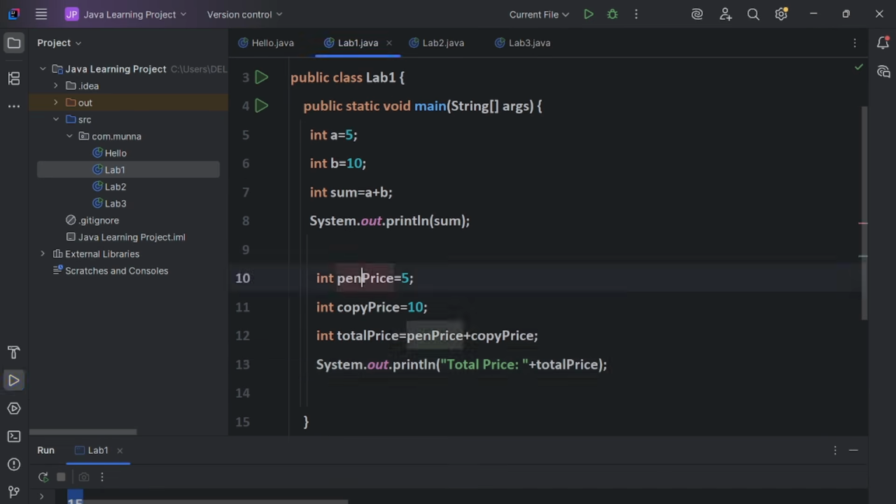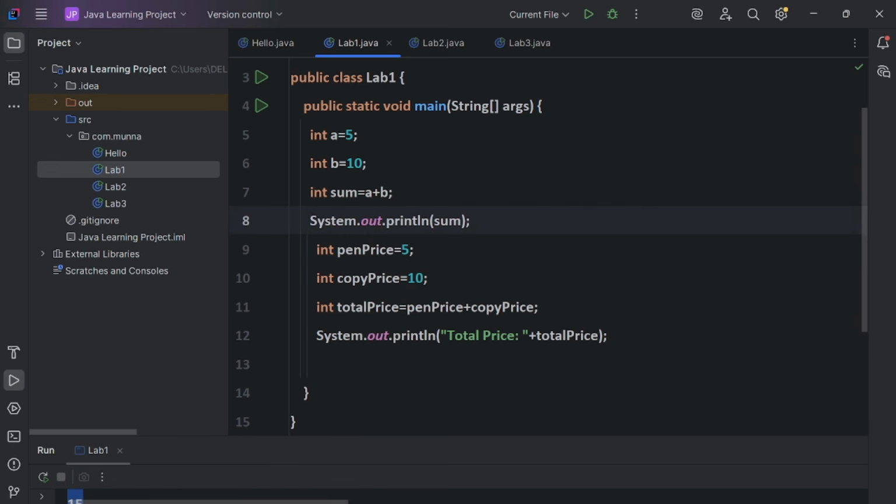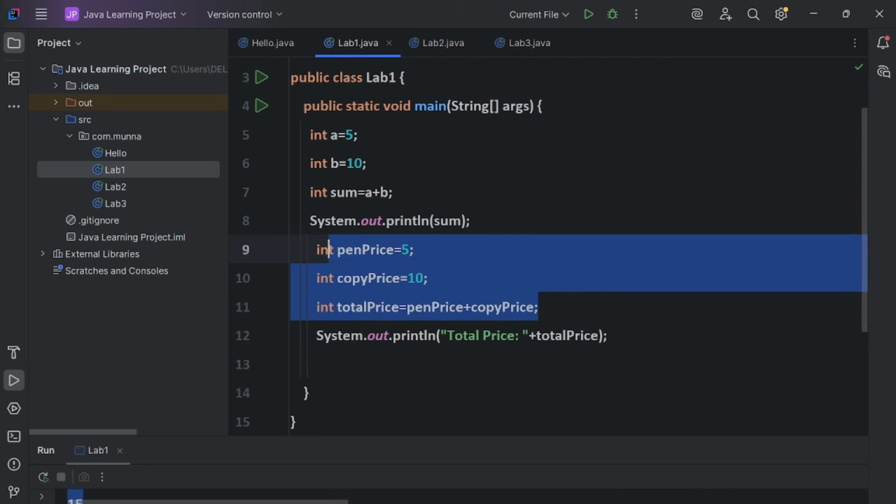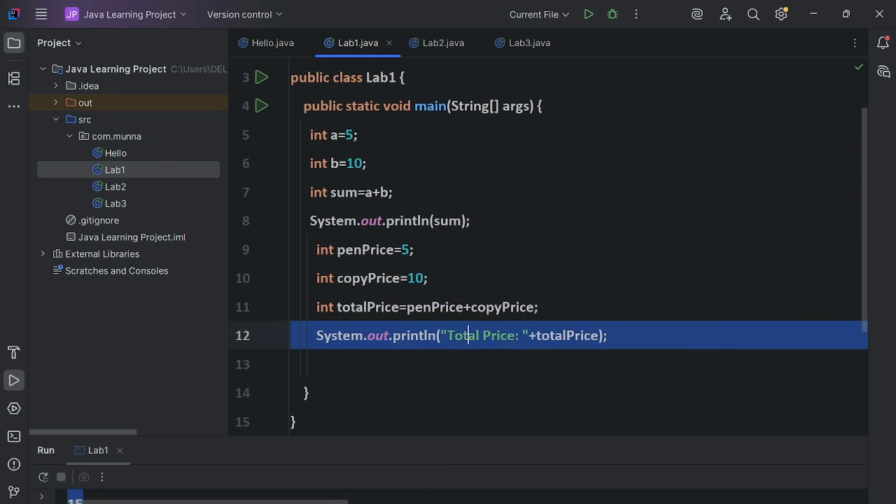Here we define int pen price, this is a clear declaration, and int copy price equal to 10, and after that I am declaring int total price equal to pen price plus copy price. That is more understandable, guys, and this looks more standard. And here I am printing the total price of all the items you have bought from the book stall.